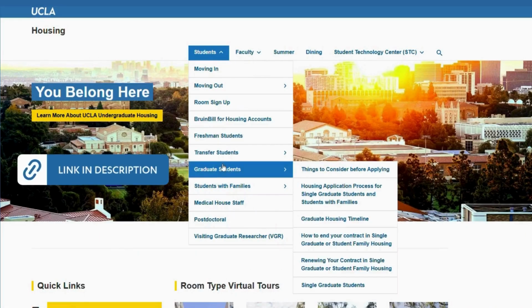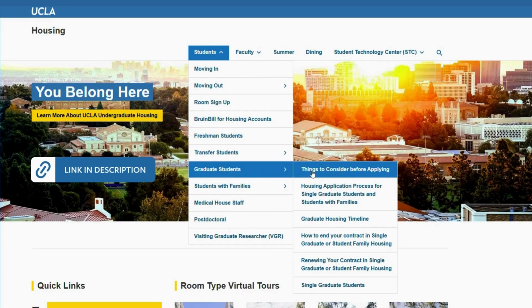When applying for graduate housing, typically the housing application opens around the end of April. We highly encourage you to take a look at our website, housing.ucla.edu, for all the resources and important dates. But once the housing application does open, you'll submit it, and July 1st is the deadline each year for our